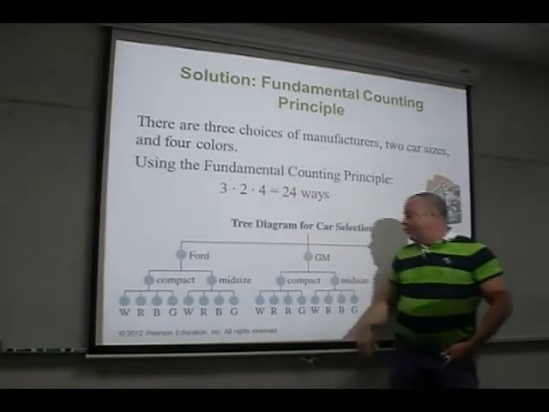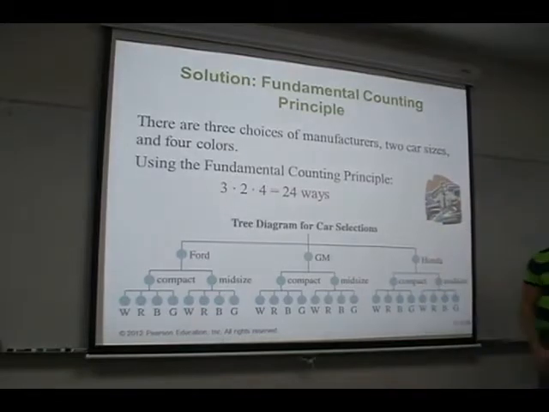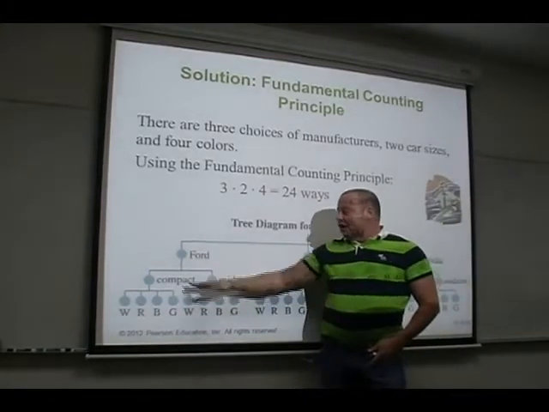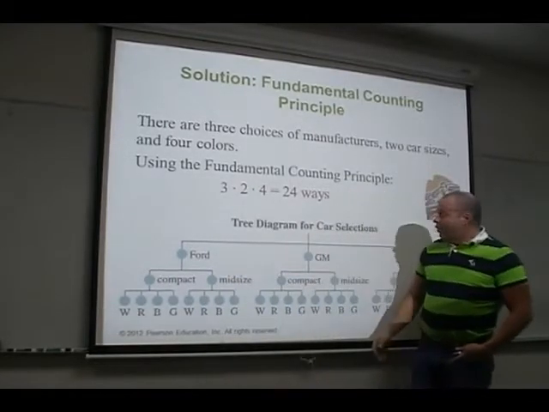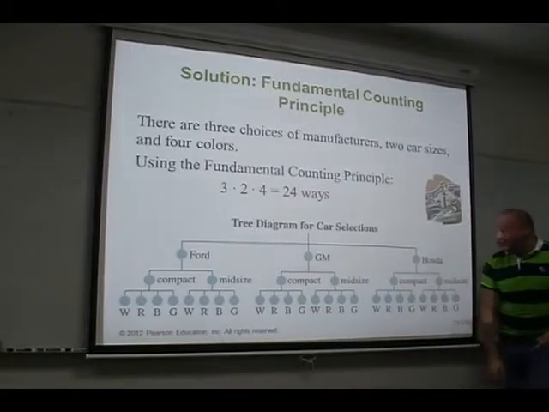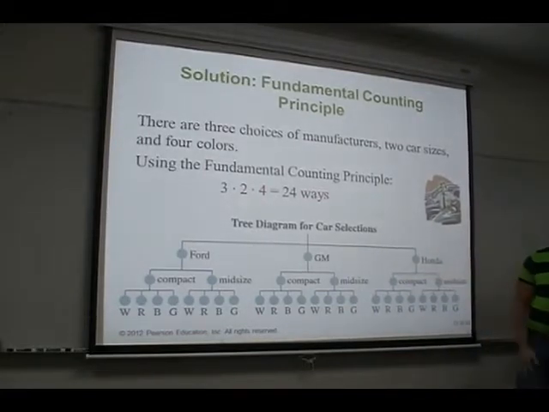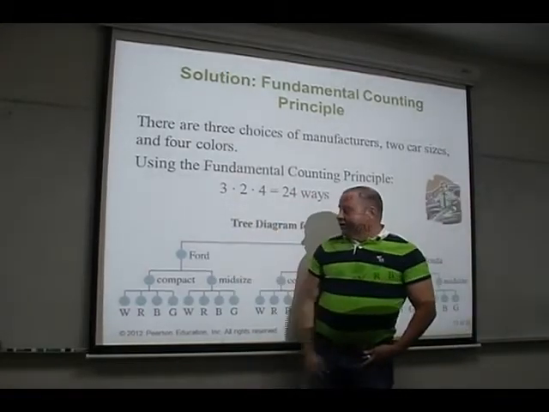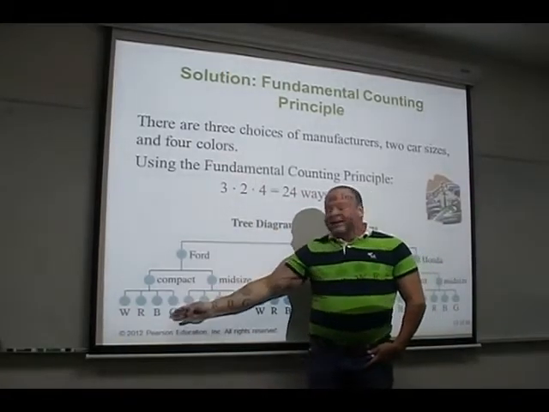So they did either Ford or General Motors or Honda. Now, once they chose Ford, then they had to either choose compact or mid-size, or if they chose General Motors, then they had to go compact or mid-size, or if they chose Honda, they had to go compact or mid-size. And then once they chose the manufacturer and the car size, then they had to go down here and choose